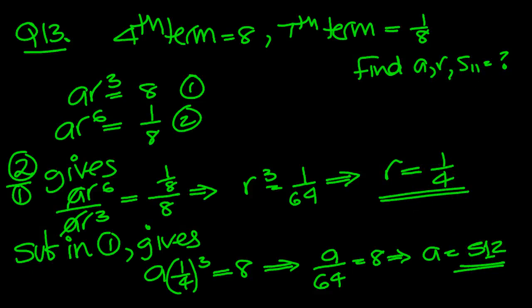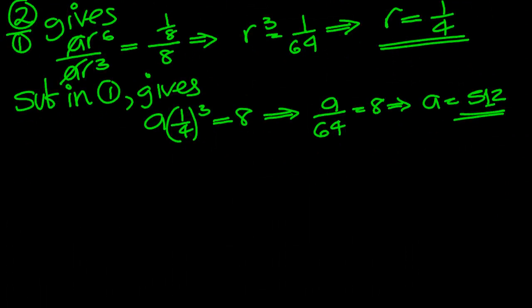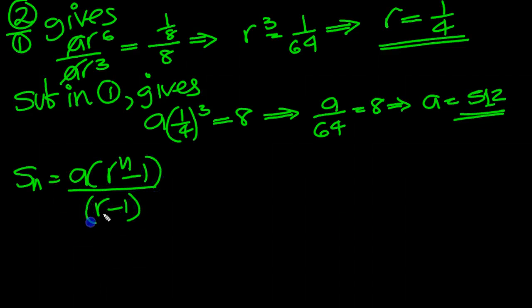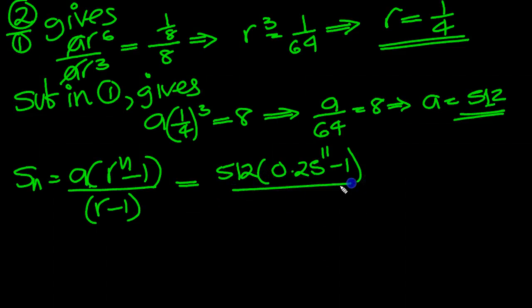Now we just need to get S11 next. So let's just do that then, shall we? Just a bit of spare paper then. Sn, let's write down the formula. R to the n minus 1 over R minus 1 times the value of A, of course. A is 512, so put that in first. R is a quarter. I'm going to write that as 0.25 for the sake of calculations. N is, what was it? 11. So we've got 11 minus 1 over